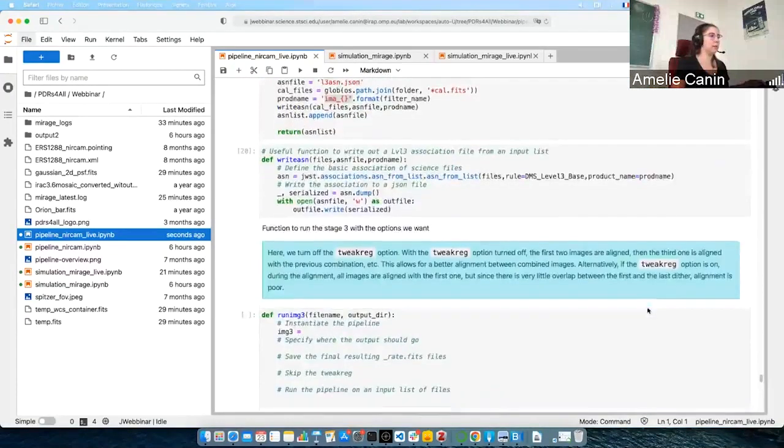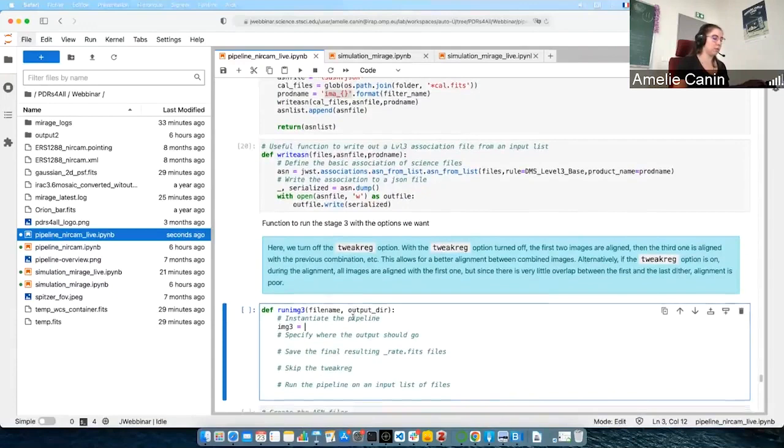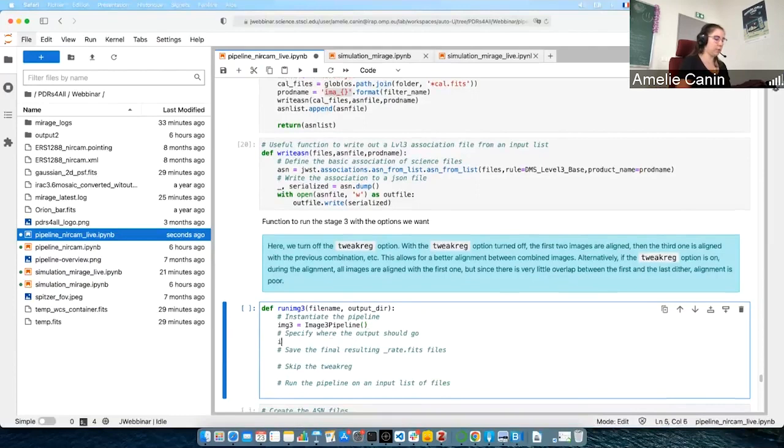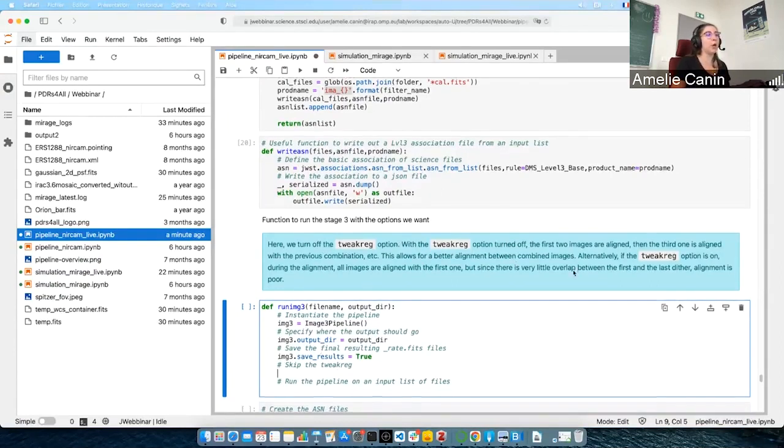So yes, here we have to instantiate your pipeline. So it's the Image3 pipeline. As previously, you have to choose your output directory, and say if you want to save your result. And here we skip the dithering options, because